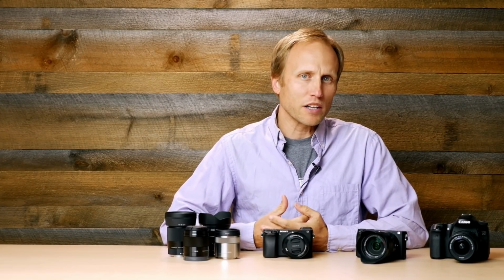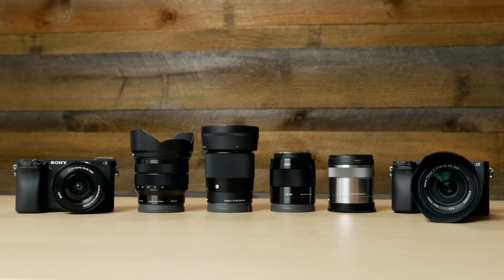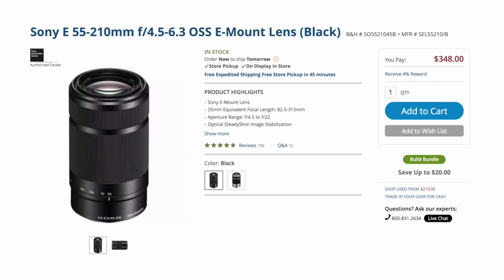So I said most of my shooting. What wouldn't I use this camera for? Well, wildlife. And this isn't really a direct reflection on the camera itself, it's a lack of longer lenses. If you're serious about wildlife or sports, Sony still doesn't offer longer lenses that are going to do the job without using adapters. If you're a parent and you have a kid in sports, the autofocus and the 11 frames per second and a decent lens like the 55-210 will do a job better than many similarly priced DSLRs, but